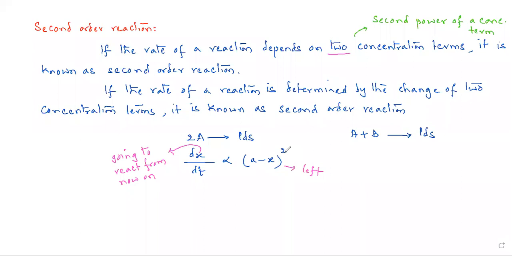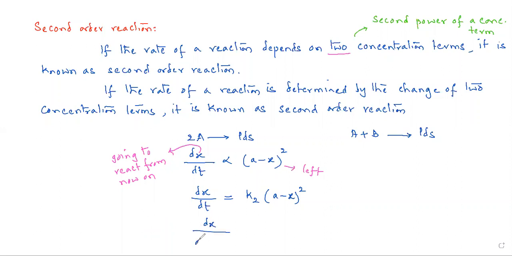Or else it can be written as minus dA by dt is directly proportional to concentration of A square. But for second and third order reactions, I would actually like to give it this way, just for difference. Now this can be written as dx by dt is equal to k2 into A minus x whole square,